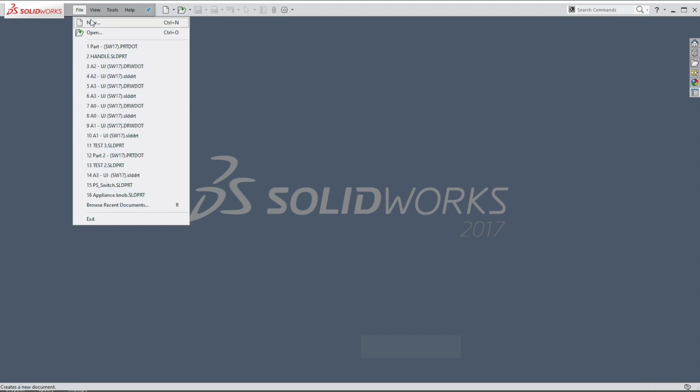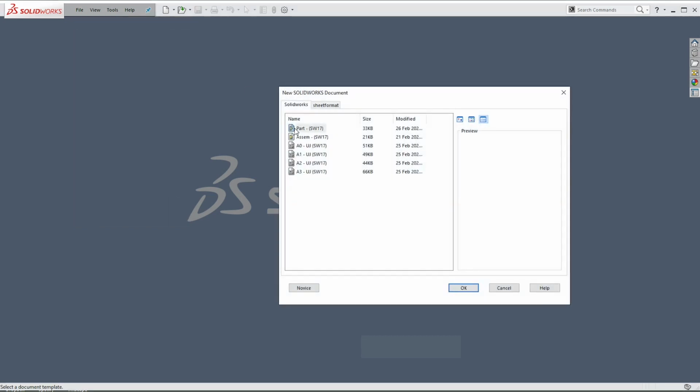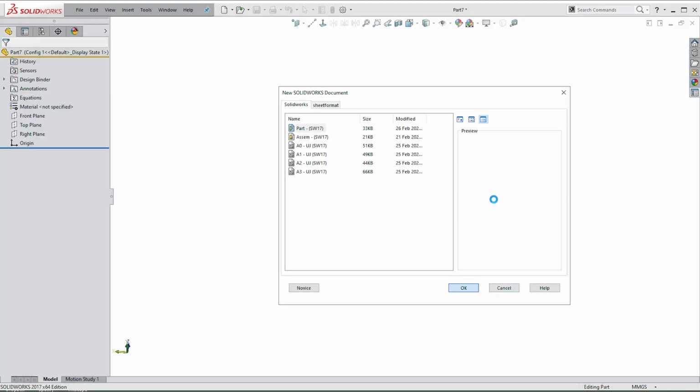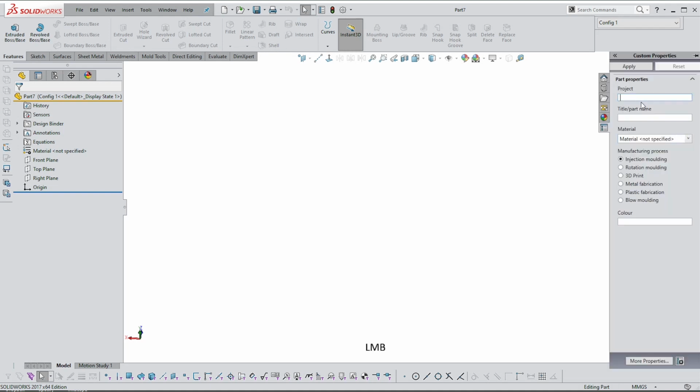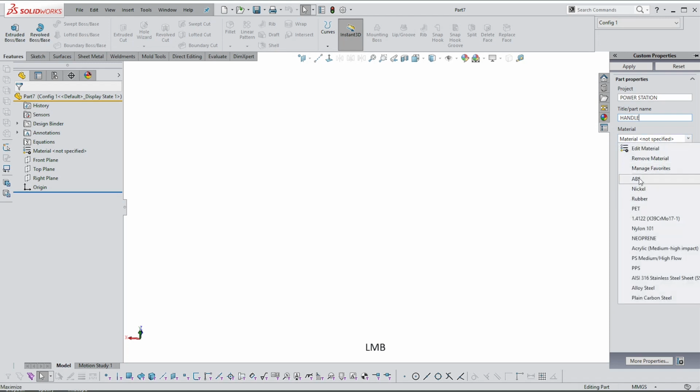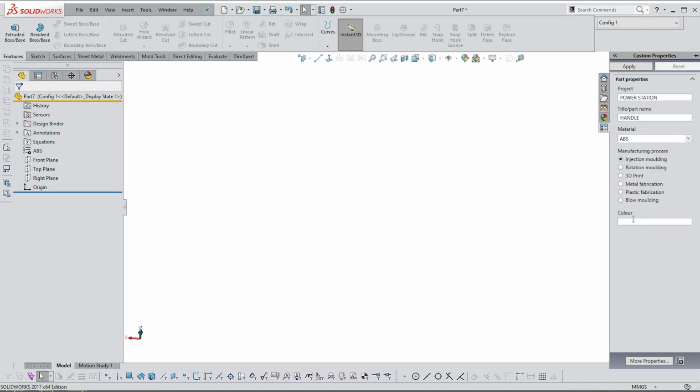So file, new, and then here are my custom templates. I'm going to select the part template and say OK. On the right hand side, if you haven't loaded this already, I'm going to show you just how powerful it is, or how nice and easy, because I can type these things in. So the project is power station, the title or the part name is handle, the material is ABS, okay, and